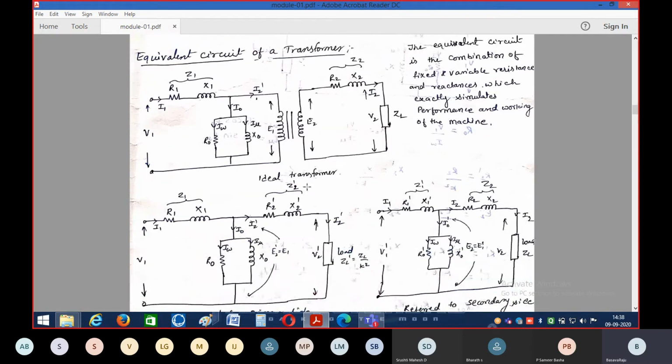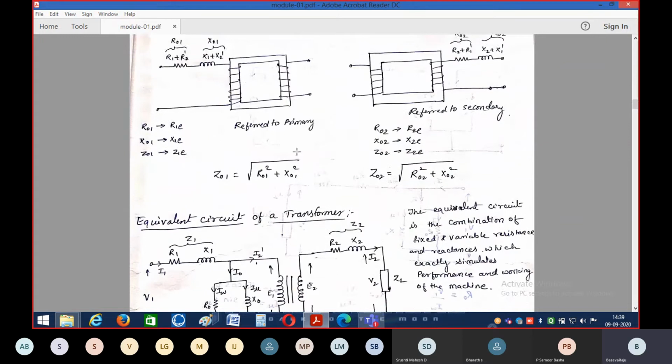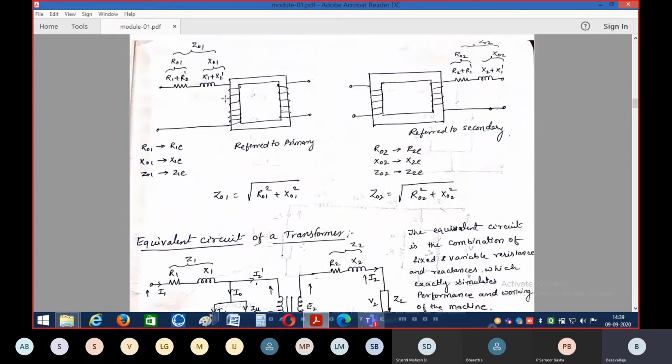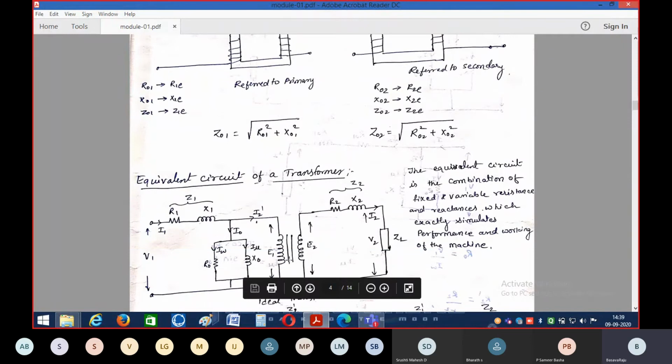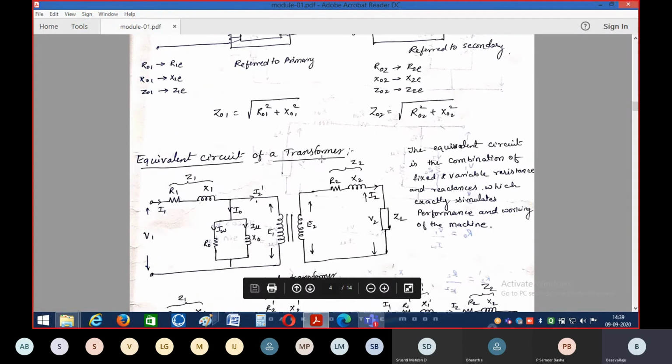See, this is the representation of a practical transformer. Okay, see here, the primary winding or primary coil is this one. This is the secondary coil. Winding or coil, both are the same. So this is the primary winding, which I have represented with this coil. Similarly, this is the secondary winding, which I have represented like this.